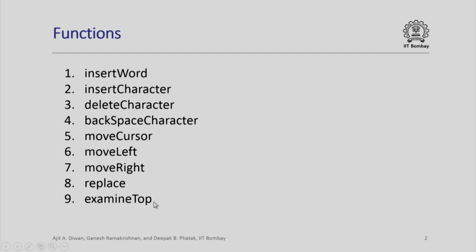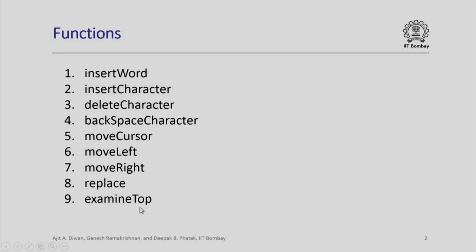Examine top is actually an artificial function which we have written for the following purpose. You know already that there is a function top which is part of the stack class, but that top merely examines the top of one stack. Since in our model we have two stacks, we would constantly require after every operation to demonstrate to ourselves that the program is working properly. We would like to examine the top of each stack and also print the current size of the stack. Instead of cluttering our main program with these activities, we have preferred to write a function called examine top.